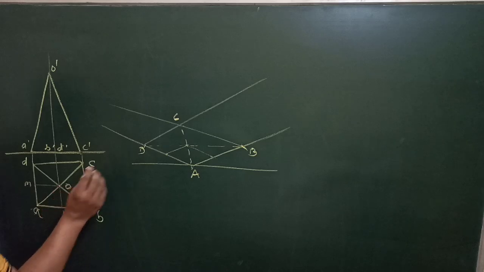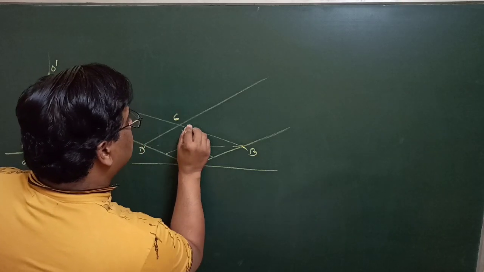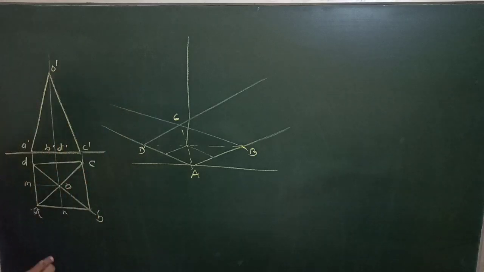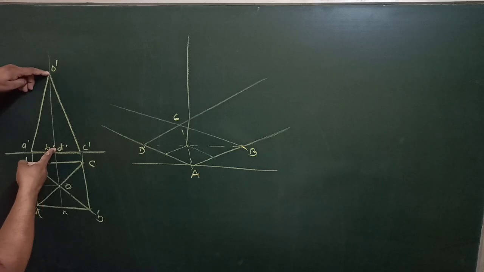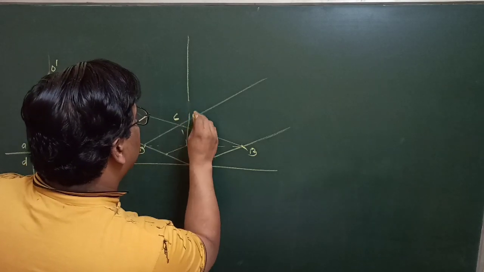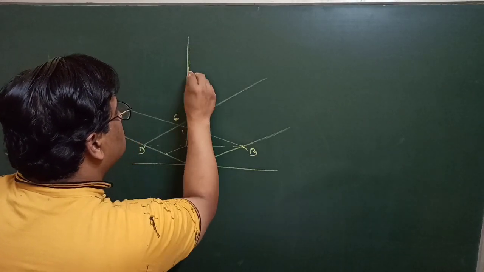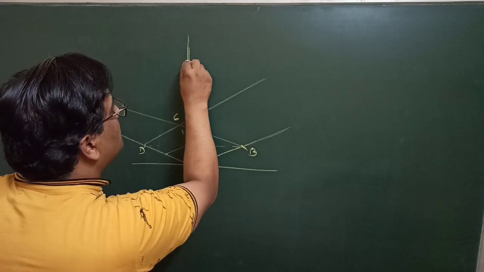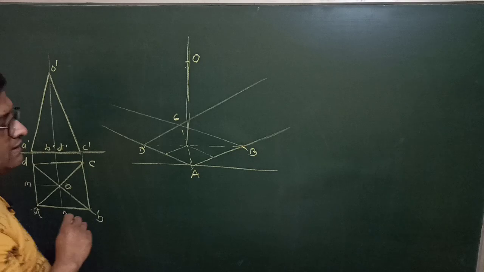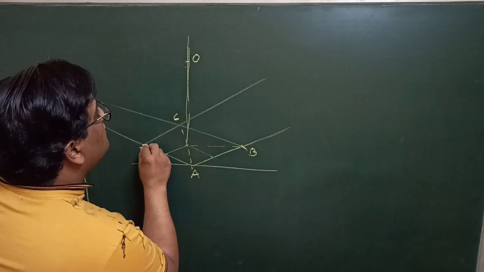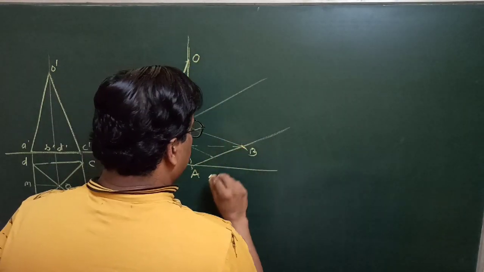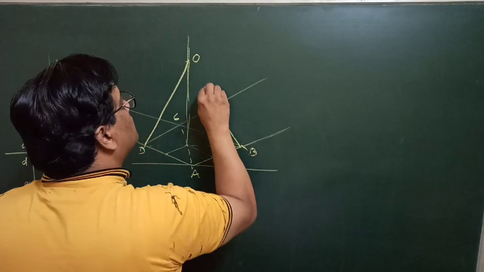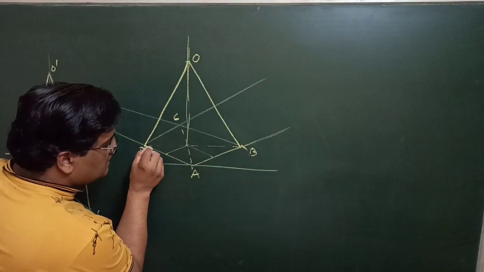Now what you have to do, draw a vertical line here and cut a length equal to the height of the pyramid from here and multiply it by the isometric scale if it is isometric projection. For view you can directly take, right? So say for example the height is somewhere around here, so the O point is obtained. Now join D with O and B with O and darken these lines only.